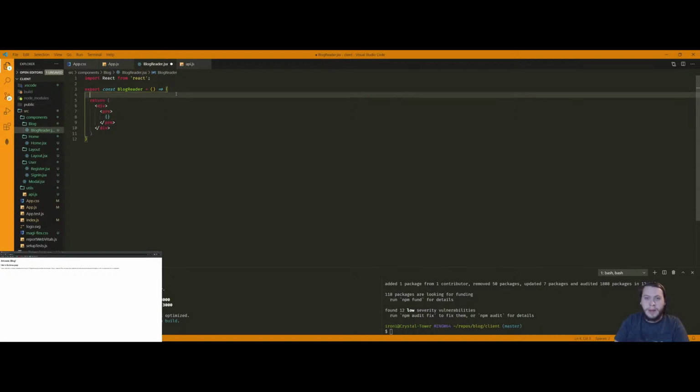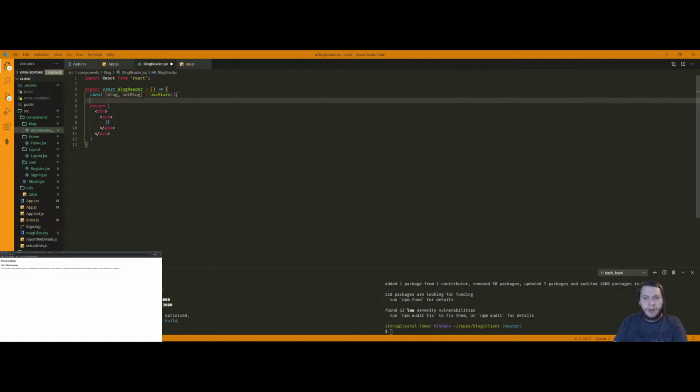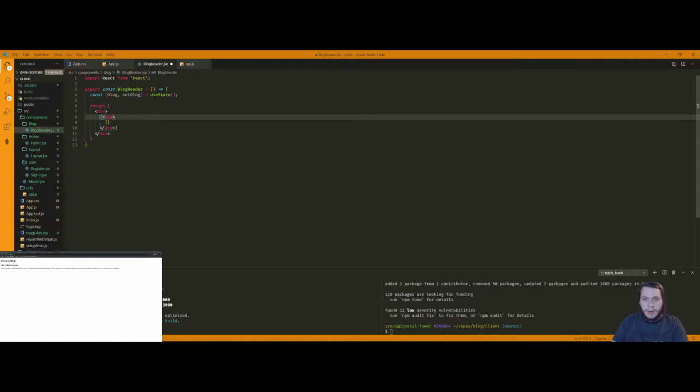So we'll need a bit of state. I'll do const useState, blog, set blog. It's initially nothing, so what we'll do is we'll wait to render this by saying blog and